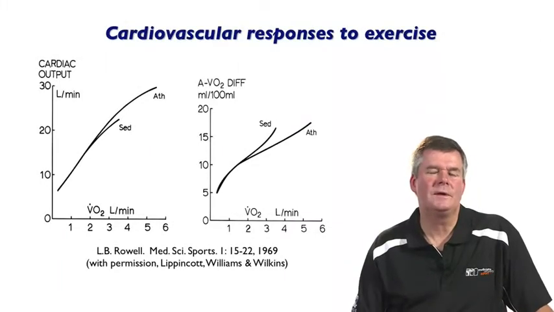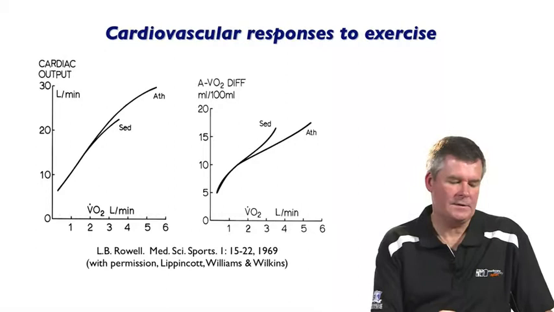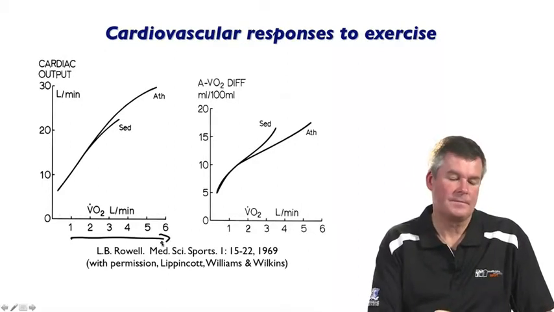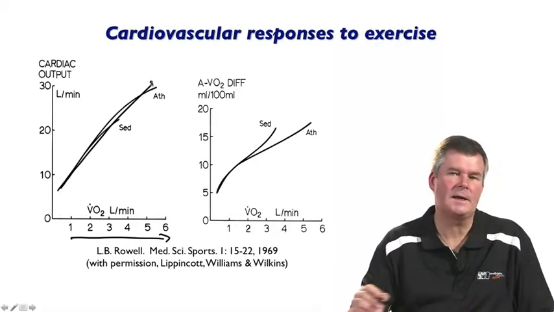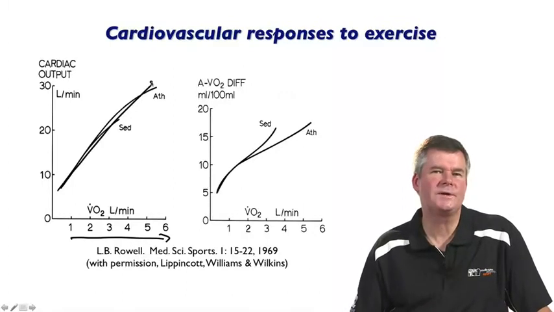If we look at the whole body cardiovascular responses, then we see an increase in both cardiac output and in the oxygen extraction. And you can see this in this graph, summarised for two groups, a sedentary group and an athletic group. You'll see here that as VO2 increases, there's an increase in cardiac output. And it's largely similar between a sedentary and an athletic group, except that an athlete is able to go to